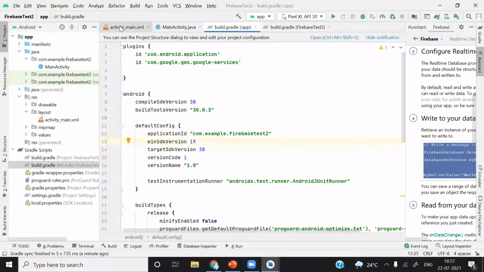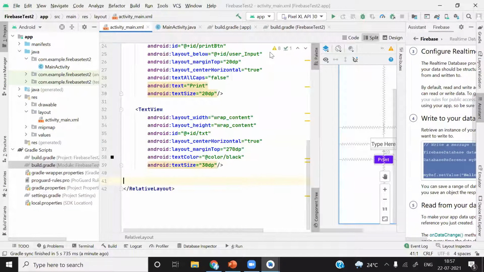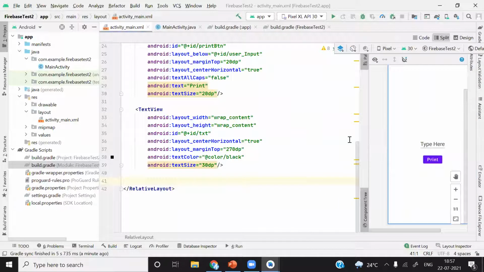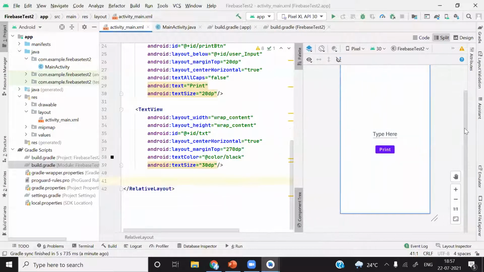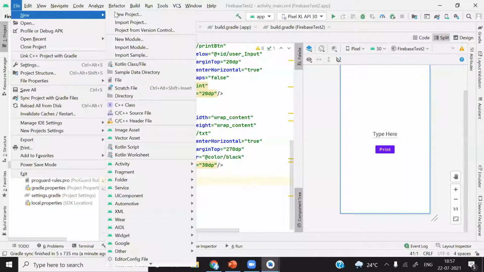Now, what we will do tomorrow, we are going to create a user interface. So we'll just discuss that first. The first thing we are going to do here is add the text view at the top. I'll just open the application I have already created.